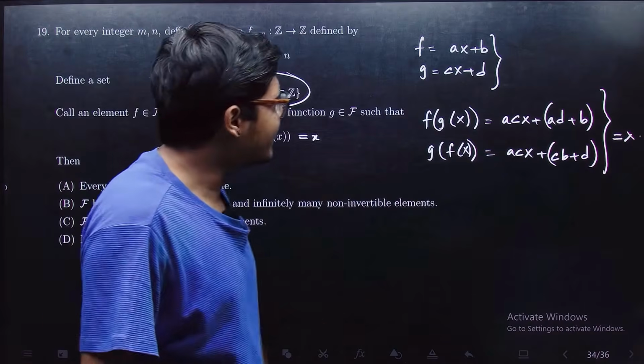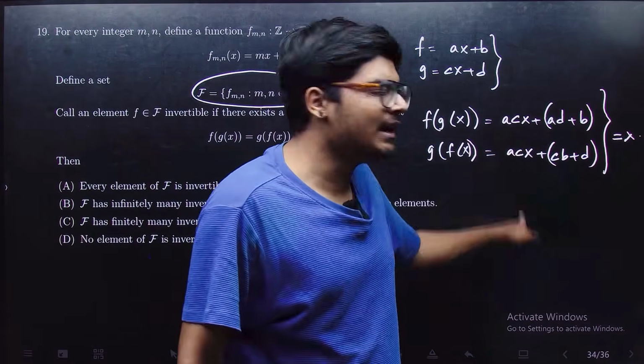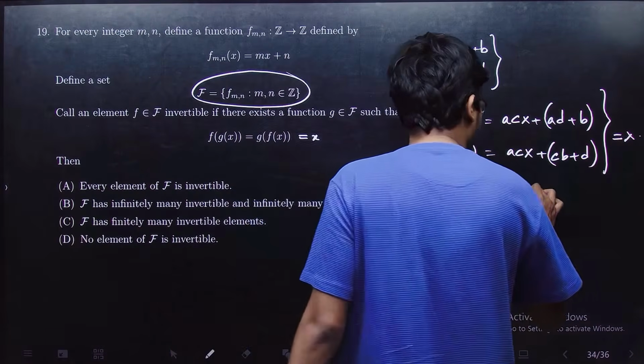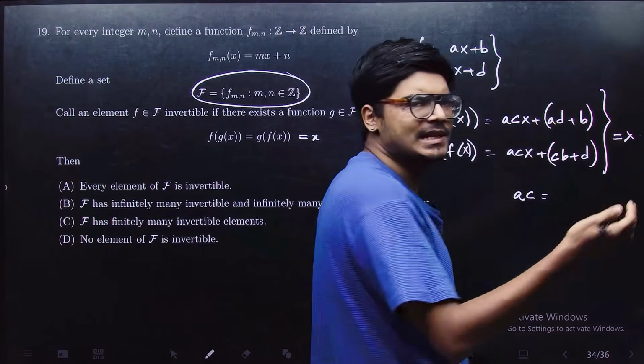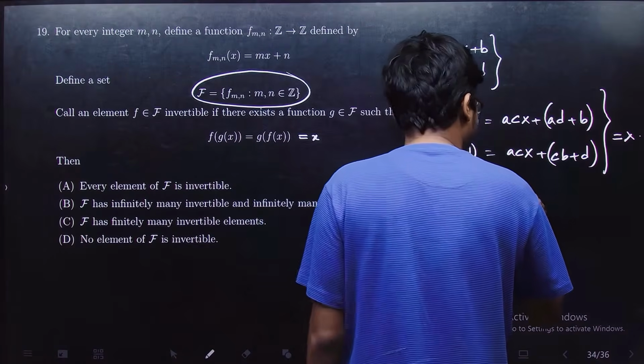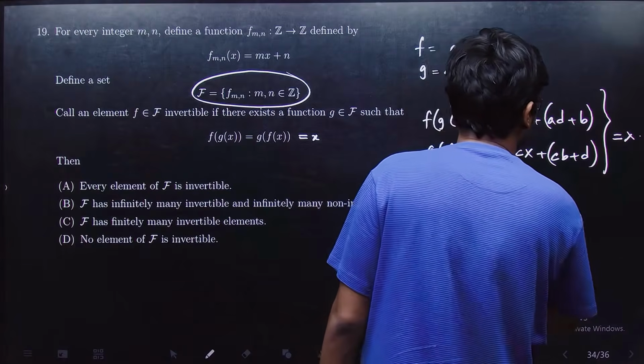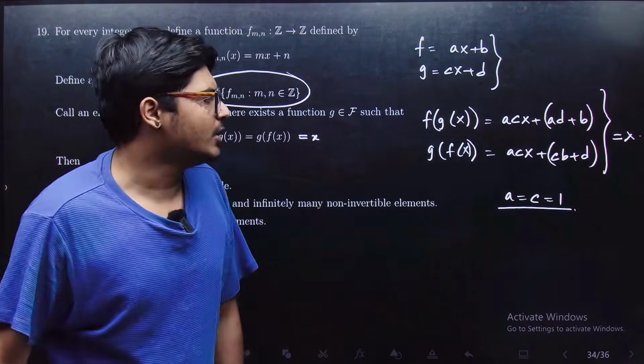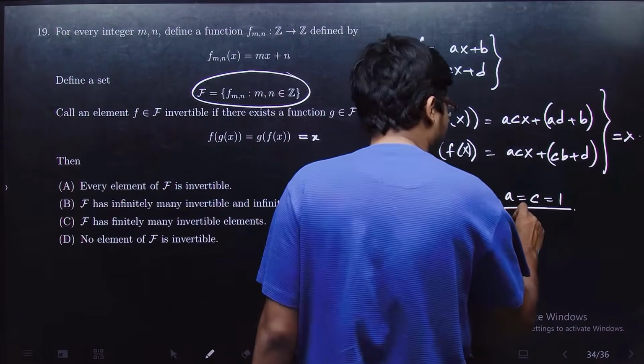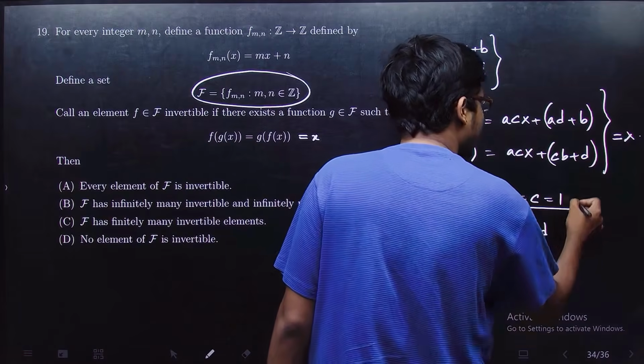So the simplest thing is, you want this coefficient to be 1 for both of them. So you want ac equal to 1 and they're integers. So a equal to c equal to either plus 1 or minus 1. I can just take, for the sake of simplicity, a equal to c equal to 1, right? Now if you take a equal to c equal to 1 and suppose I choose b equal to minus d,